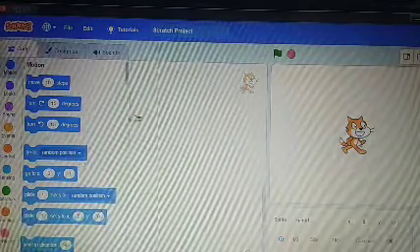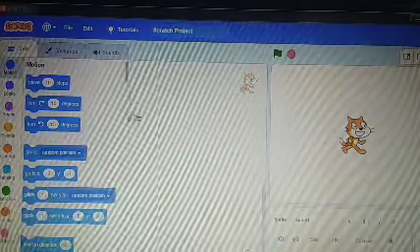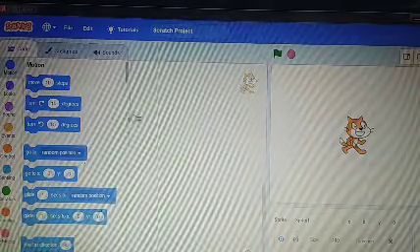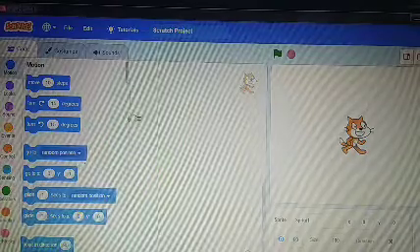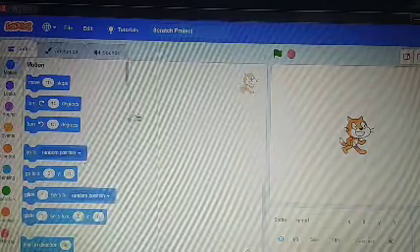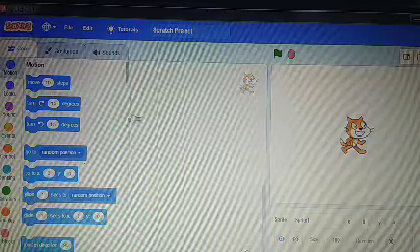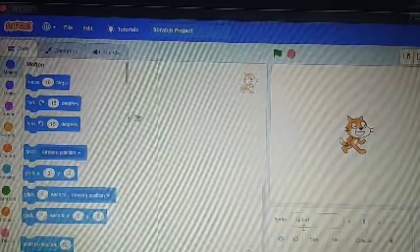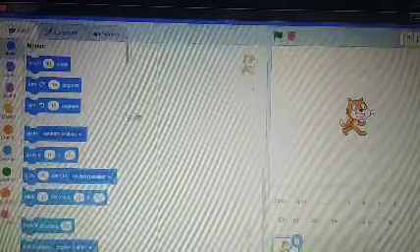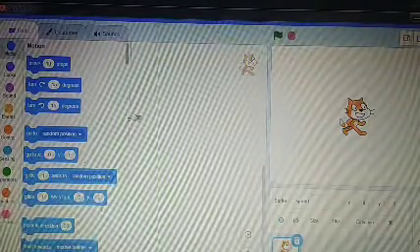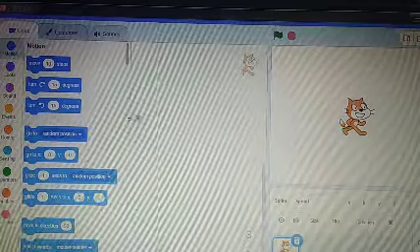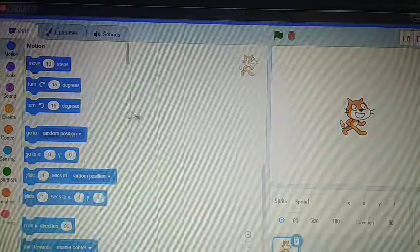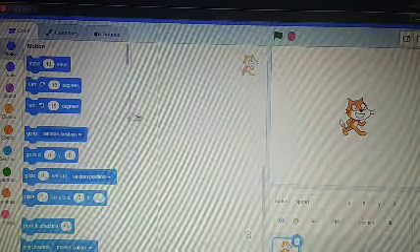By default we get the cat. Whenever you open Scratch programming, the cat is always there. So Scratch provides you one character. There are a number of this type of cartoon characters, but by default it gives you this one, the cat sprite. So a cartoon character is called a sprite here.